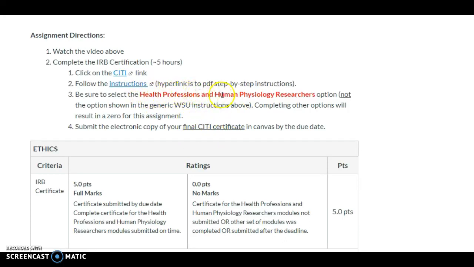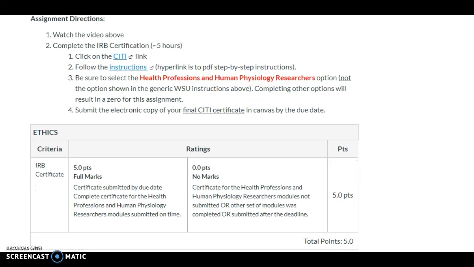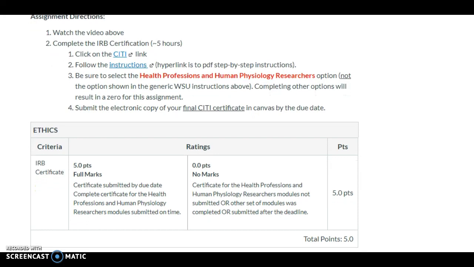It must be the Health Professions and Human Physiology Researchers option, and it must be submitted by the deadline. If you submit any of the other options, they will be worth 0 points, or if you miss the deadline as well. Again, that's 5% of your overall grade. Submitting that certificate is the last thing you need to do for Unit 1, and that will give you all of the foundational information you need to apply in the upcoming